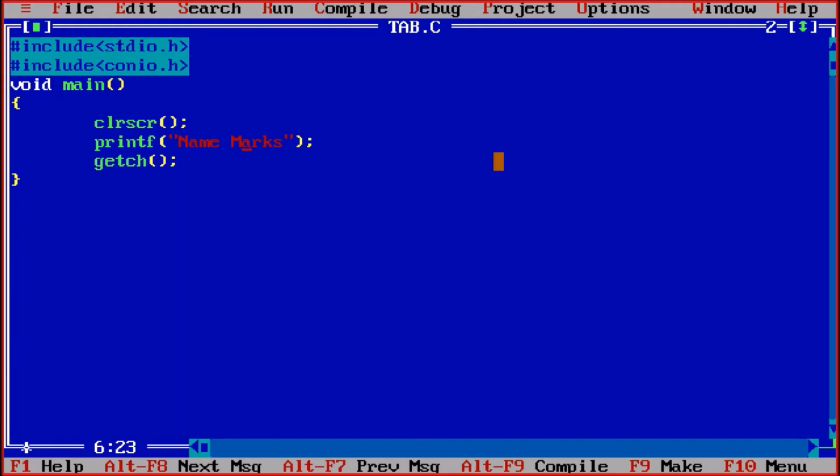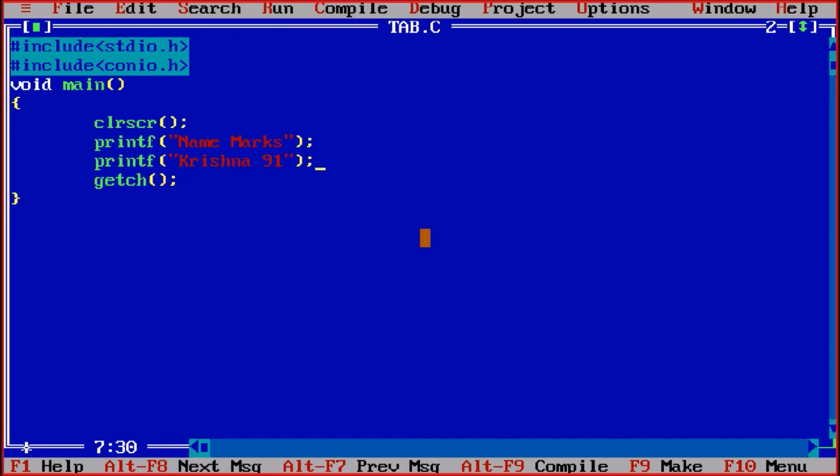Now Control F9, name and marks are coming. Let us suppose the program is asking us to show 3 students and their marks. So now printf, let us suppose the student name is Krishna, then the marks are, let us suppose, 91, then printf.